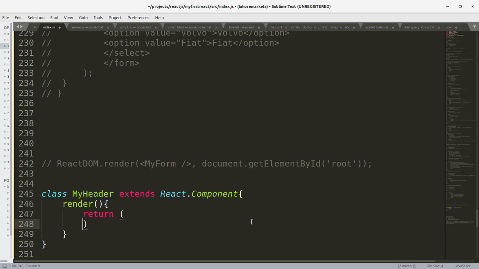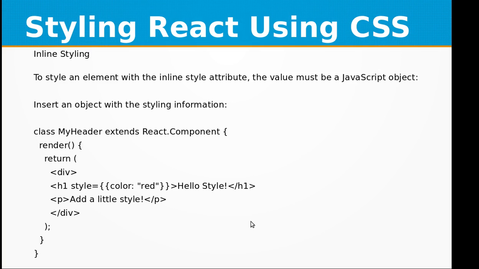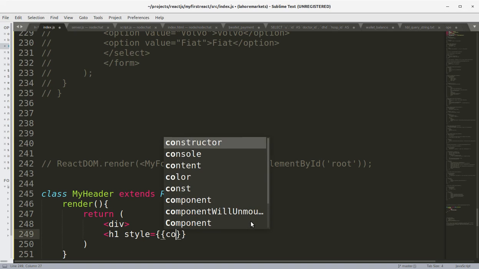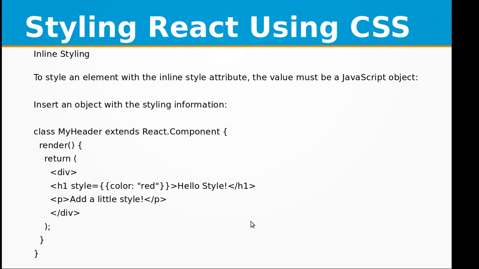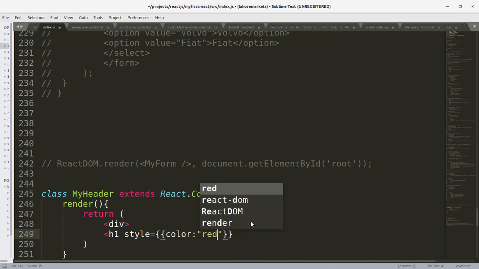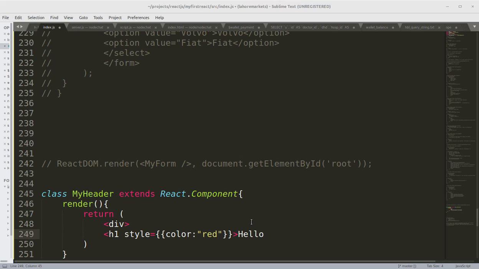Here we can define our HTML, okay, div, h1 style equals double curly braces color colon red, and you can say hello style,